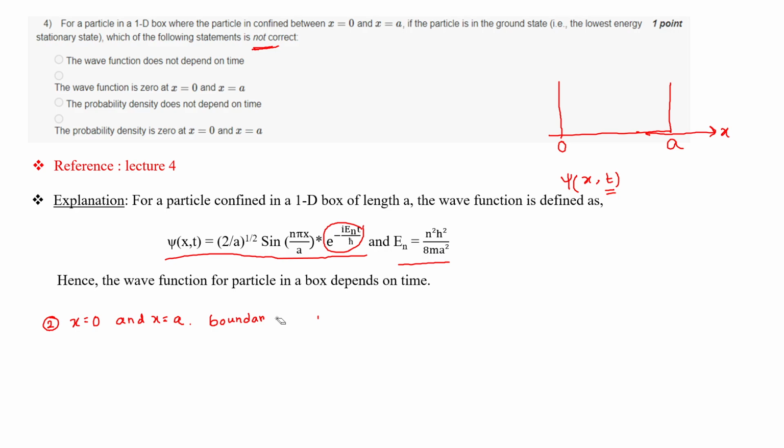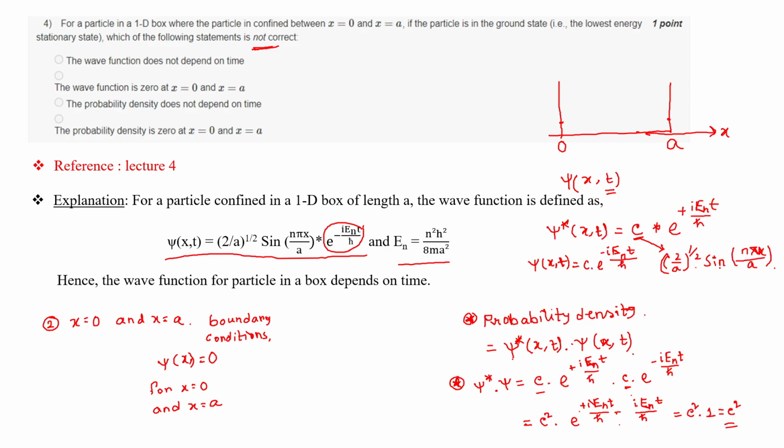Okay, so it is nothing but c square. So what is c? I have mentioned c is nothing but (2 by a) whole to the power half, sine n pi x by a. So c square means this is the square: 2 by a into sine square n pi x by a. The (2 by a) to the power half will be squared up, so it will be 2 by a, not the root, and sine n pi x by a will be sine square n pi x by a, but there will be no t term, which would be the e to the power iEt by h cross term in the probability density. That's why they have mentioned that the probability density does not depend on time,